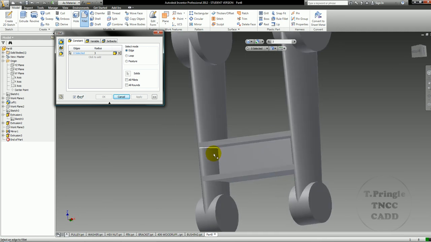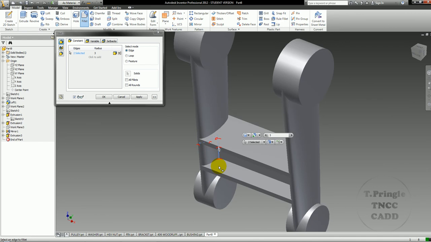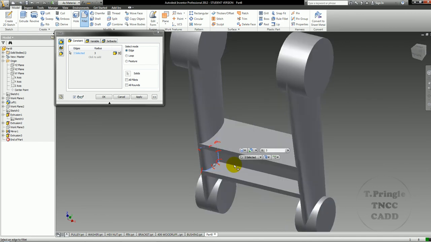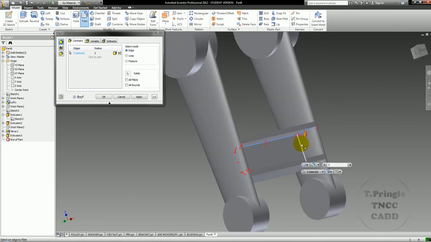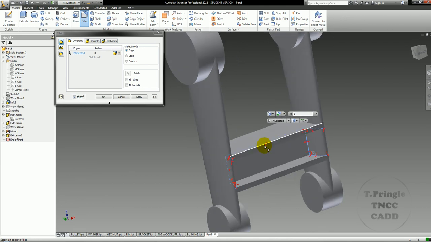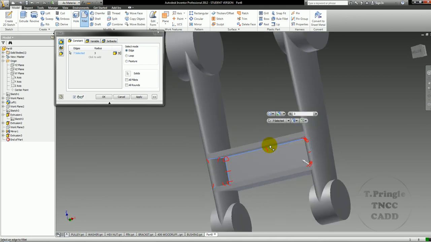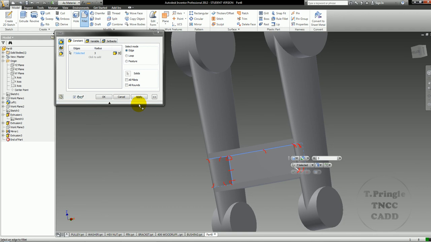You've got to be very careful during this particular operation, because it's going to be really easy to create way too many fillets on one single pass. And if you do that, it's probably going to fail a couple of times. So what I'm going to do is I'm just going to try to do this whole interior section right here. I'll apply that. Okay, see, that didn't work, so I want to make my sections a little bit smaller. So radius of 3,